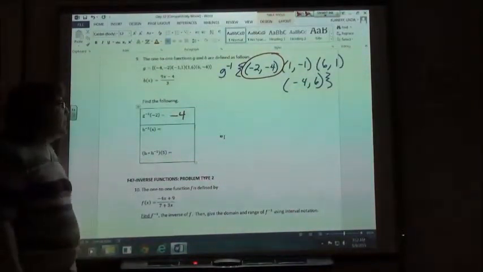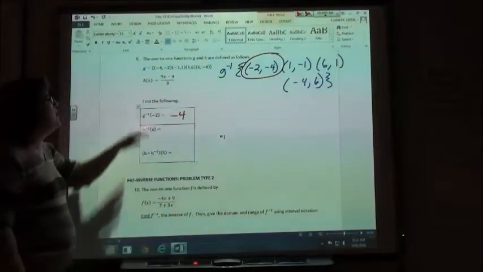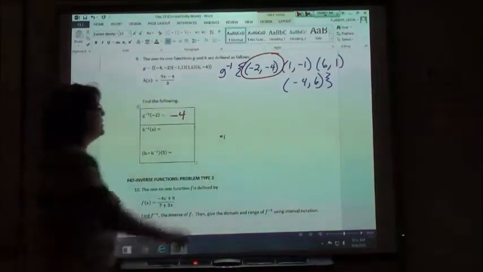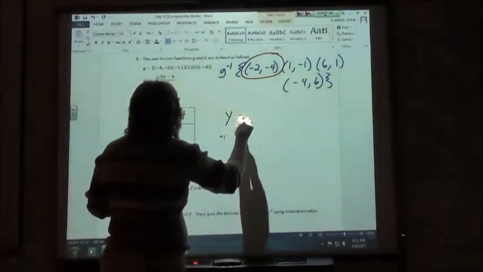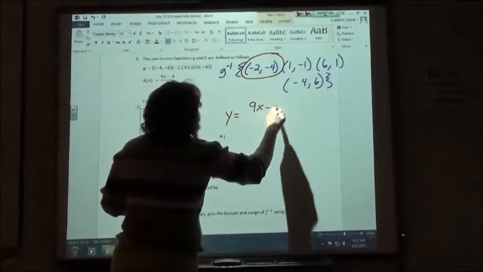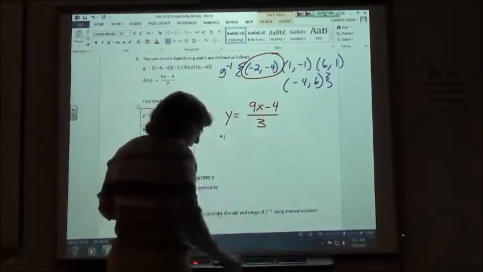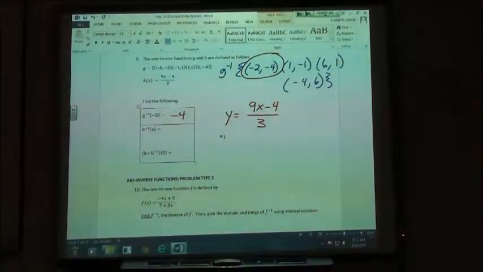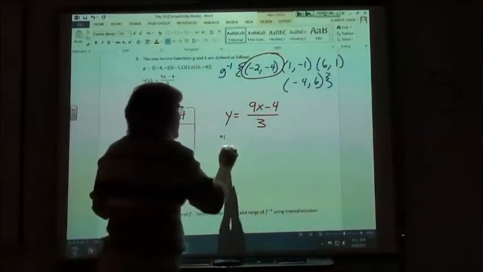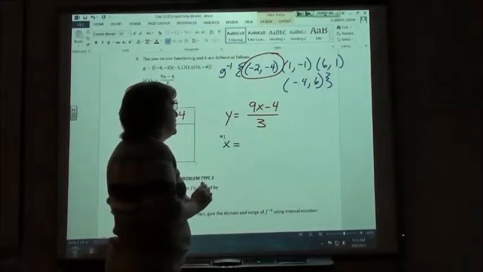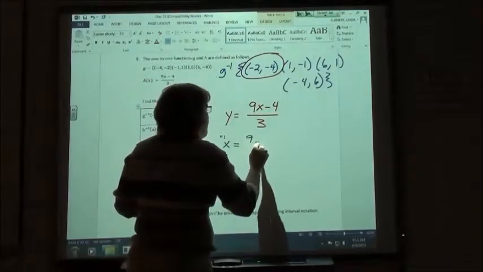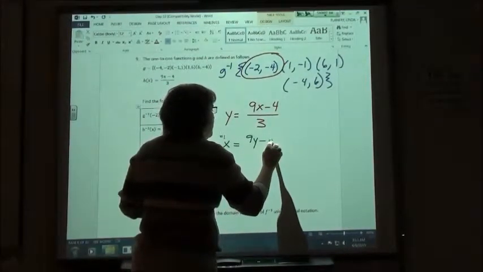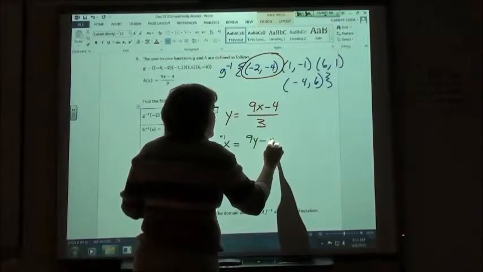All right, so on the next part of that, I've got to do the inverse of my h function. I'm going to rewrite it with y equals 9x minus 4 over 3. But then I've got to do the inverse, so I've got to switch my x and my y around. So what should my new equation say? The new equation should say x equals 9y minus 4,